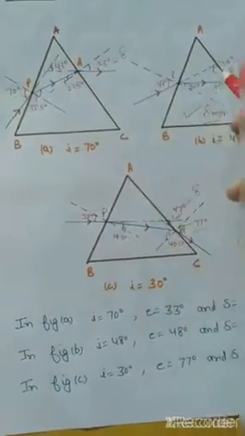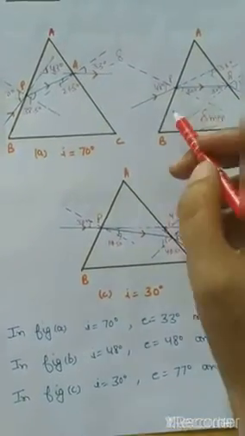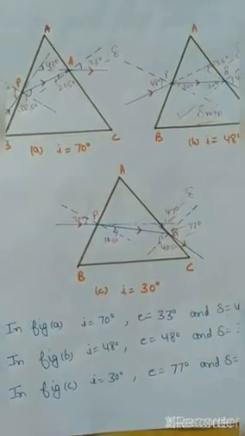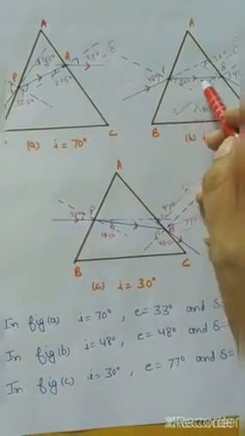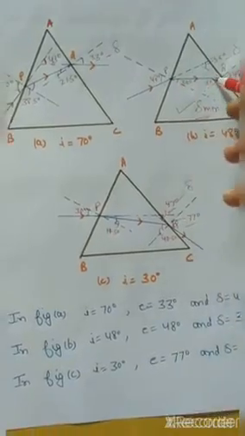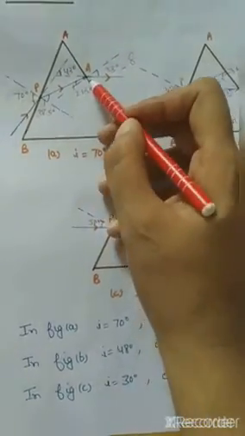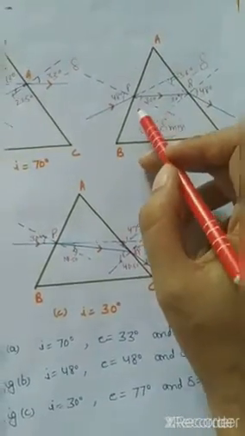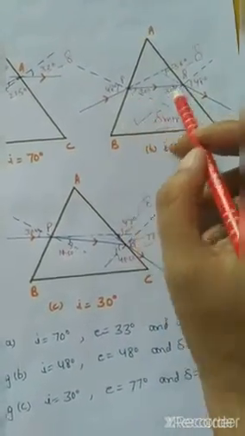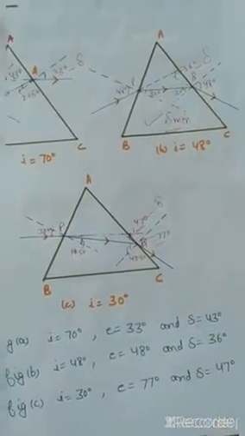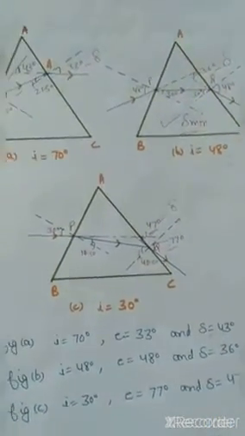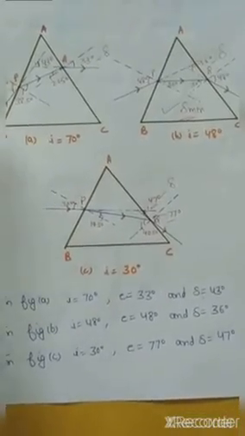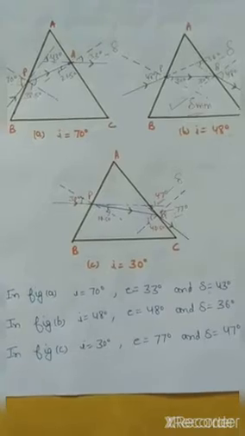As you can see, in all these three cases you will not see the ray becoming parallel to the base of the prism. Only in the case of minimum deviation you will see that it is parallel to the base of the prism. You can see here also it is not parallel, here also it is not parallel, it is parallel only in this case. The refracted ray is parallel to the base of the prism, and this will be the case for the minimum deviation. Is it clear? So this is how we can find out the case for the minimum deviation.